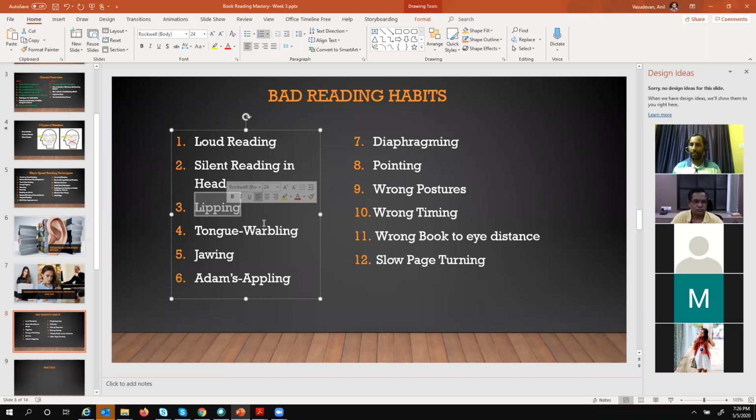Then wrong postures, I think we all know about the same, like the sitting postures and all. Same way, like how do you sit in front of a computer? You sit in the proper posture, otherwise the blood circulation and all other things will not be in the right way, and that will not help you to have more concentration. And don't try to read while sleeping on the bed or in a very comfortable position. Then you may get into sleep very quickly. I know many people use reading as a tool for sleeping.